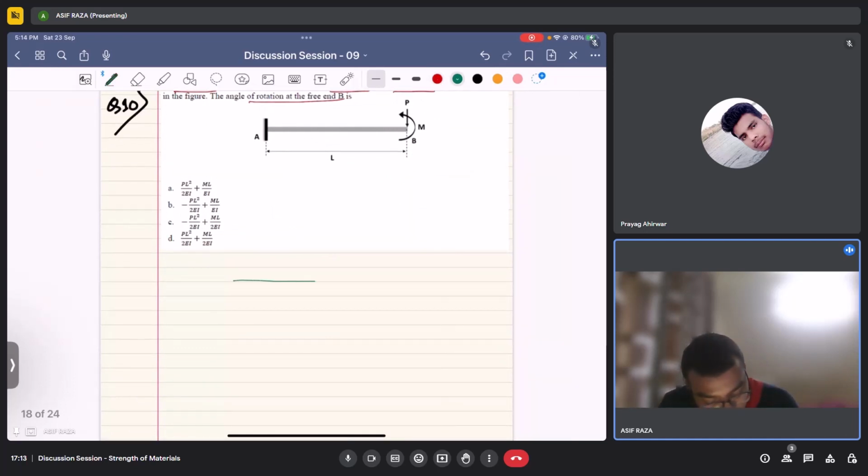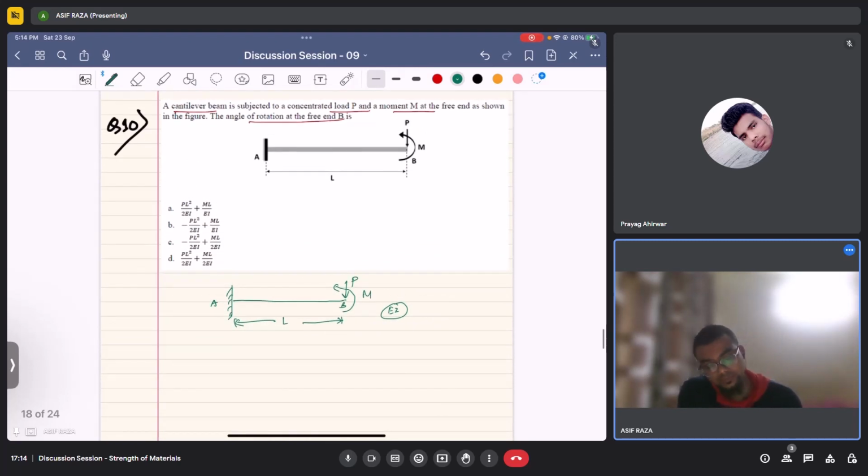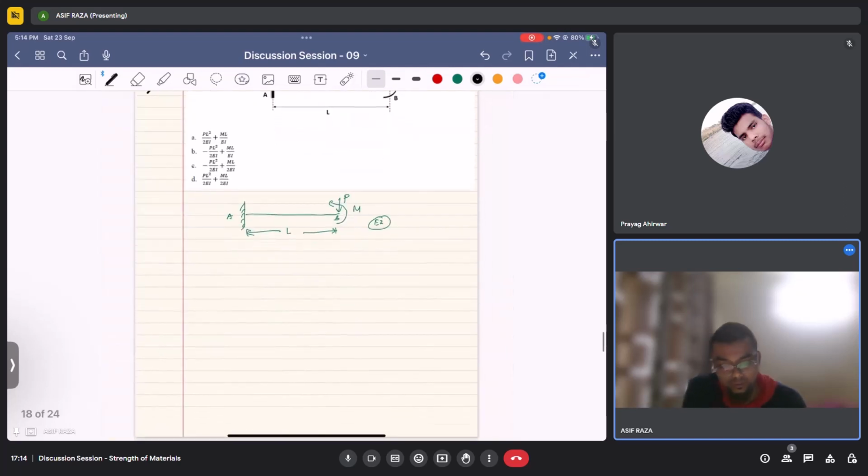Given A, B, span length L, and EI as the flexural rigidity. Okay, I'll try to solve this. Let me know if you feel any doubt. So first thing,